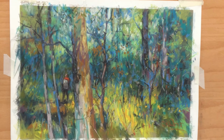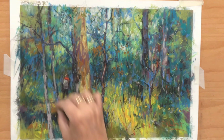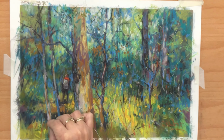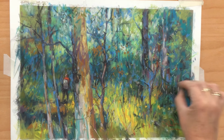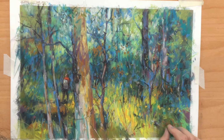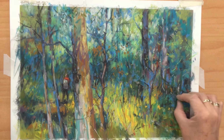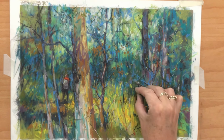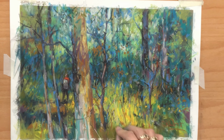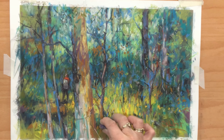But the whole experience of getting out there is just something else. You meet people, you have encounters with different things, sometimes good encounters, or just like the trip I've just been on, a snake encounter, but that's the first one I've ever had. But some days I feel like I'm Snow White with the birds landing right near me and keeping me company, and just the things you see in nature that you don't notice when you're walking past or driving past or you're inside. It's just a totally beautiful experience. And you can have the windy days that are frustrating, or it can be rained out, but in general, most times it is well worth the